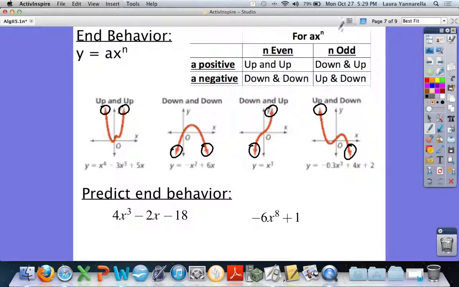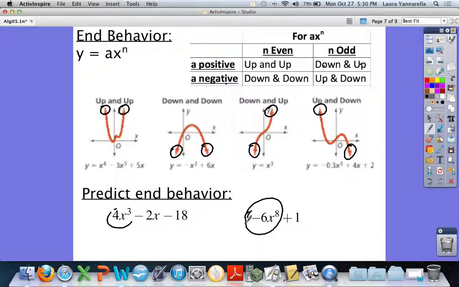This tells you everything. So for an ax to the n polynomial, where a is the coefficient and n is the degree, if your degree is even and your a value is positive, you're going to be up and up, left and right. But if your degree is even and your a value is negative, you're going to be down on the left and down on the right. Now, if n is an odd degree polynomial and a is positive, you'll go down on the left, up on the right. But if n is odd and a is negative, you go up on the left and down on the right. So what I want you to do is take a moment and using these front terms predict